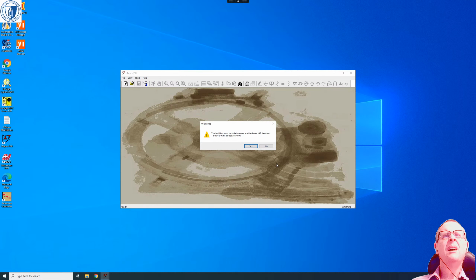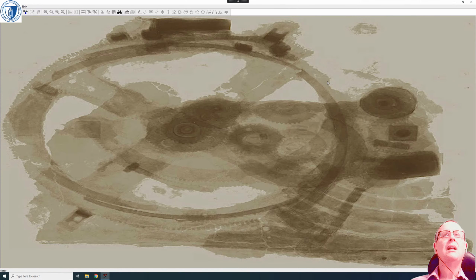And I'm going to say no because it probably won't update properly. And as you can see, there's a little bit more functionality happening here than was available in the Mac version. Right, so